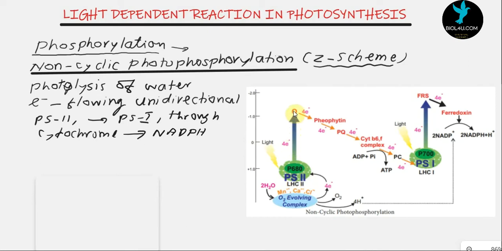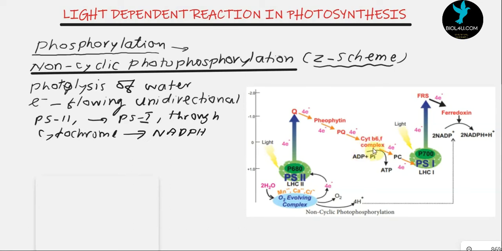It is actually a coenzyme known as coenzyme Q. From this coenzyme Q, the electron is transferred to plastoquinone. So coenzyme Q and plastoquinone are the electron carriers. From plastoquinone, the electron is carried to cytochrome B6, and from cytochrome B6 it is transferred to cytochrome F. Cytochrome B6 and cytochrome F form a complex known as the